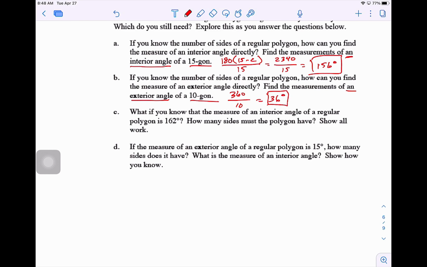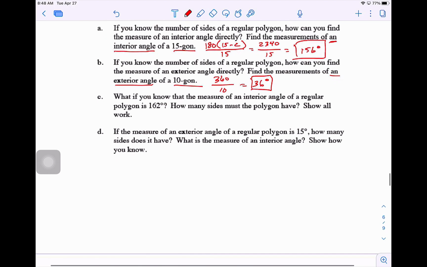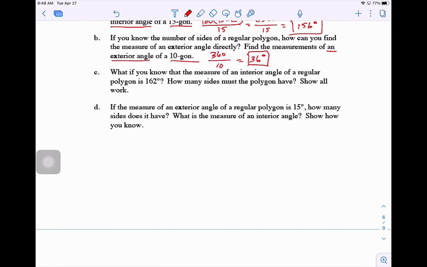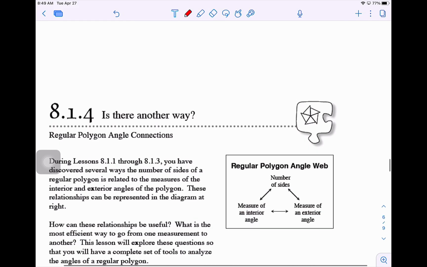So again, looking for those key words. You're going to keep hearing me come back to that. There's definitely words in every problem that'll help you. When you look at part C, this one's a little bit tricky because you can actually do this one two different ways. So notice it says, if you know the measure of an interior angle is 162, how many sides must it have? Okay, so keywords here. We'll do it the direct way first, then we'll talk about the indirect way. So in this case, the keywords are interior angle, and we know that that's 162. Well, going back to my toolkit,